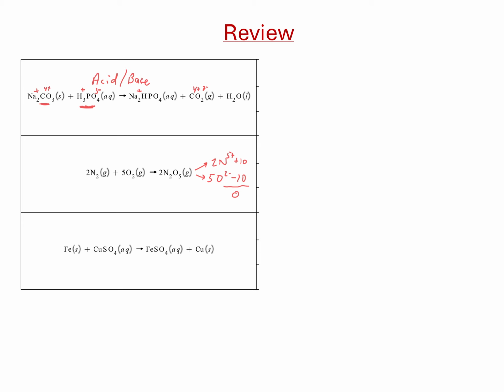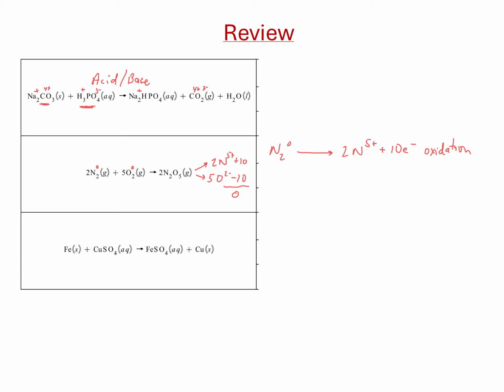Now that we've identified this as a redox reaction, we want to figure out what's the oxidation half, what's the reduction half. And so if we look, nitrogen goes from 0 to 2 nitrogens at 5+ each. How did that happen? It did that by losing 10 electrons. So that is our oxidation